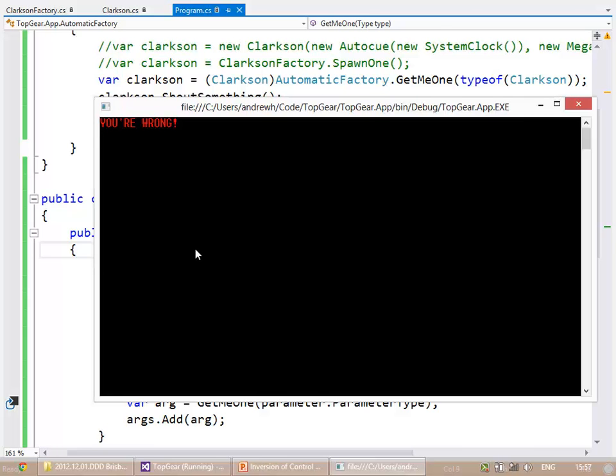Now, this isn't just adding dependencies, but this is also going to help us when we decide, actually, you know what, this class is way too big, and we should remove some dependencies as well. It's exactly the same problem. We're going to remove some dependencies from the constructor, right? And we don't want to have to go through and redo all of our plumbing just for that. Now, that's all very nice.